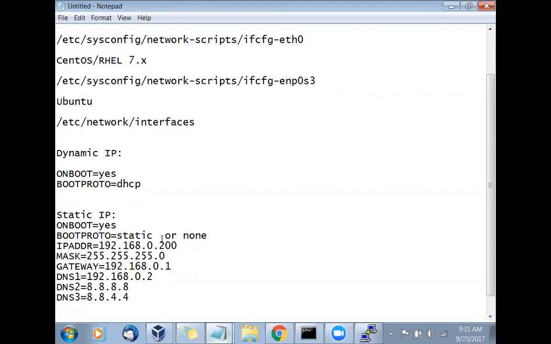You have to talk to your network administrator and get all these details, IP address, everything. You'll go back and get all these details from your network administrator.